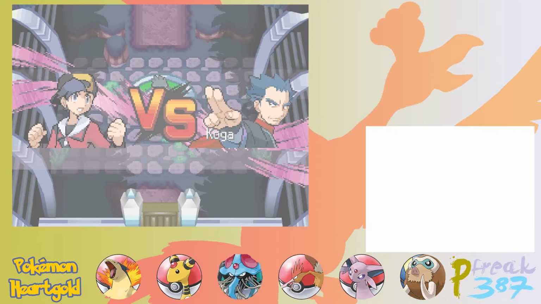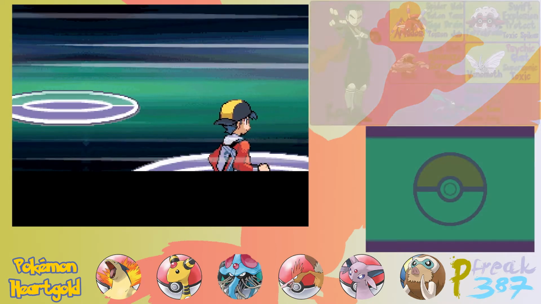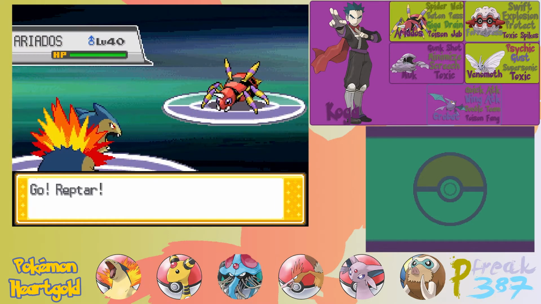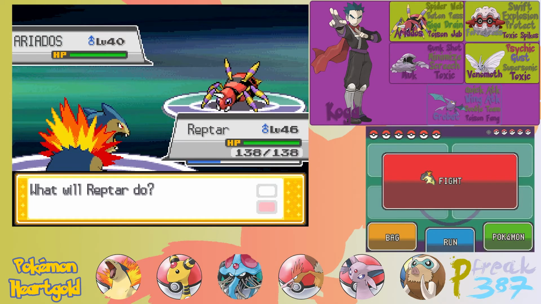This is Koga, if he seems familiar to you guys. Koga... God, let's slow down. I'm so sorry about that. I know I've said that before, but still. Koga is the... or was one of the gym leaders back in Fire Red and Leaf Green. He's now an Elite Four member. He upgraded to an Elite Four member in the past 3 years, so...